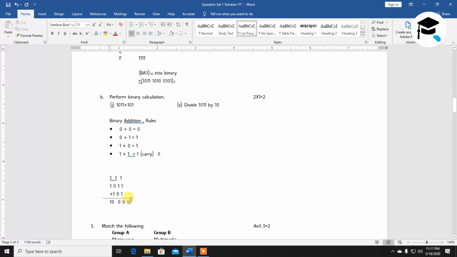Now perhaps you might have understood this addition. The result is 1000. Total there are 3 zeros. We have successfully added the numbers 1011 and 101. Its base will be 2, because we are performing a binary operation. I think you have got the answer to question number 1. Let's move ahead.